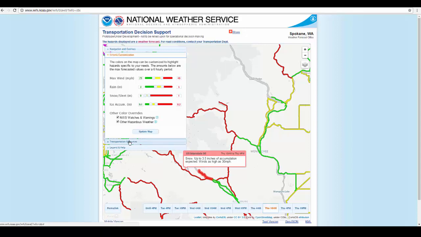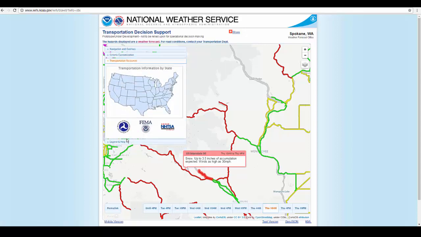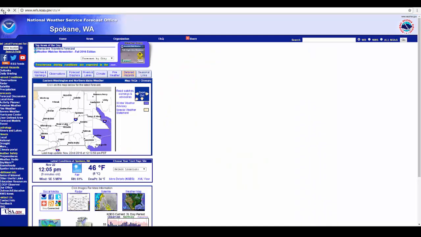Also on this web page, there's different travel and transportation resources. By clicking on the state of interest, it will bring you to the state's DOT or transportation website. And finally, for those that are going to be traveling over area mountain passes, if you click on the seasonal link in the top right hand corner here,